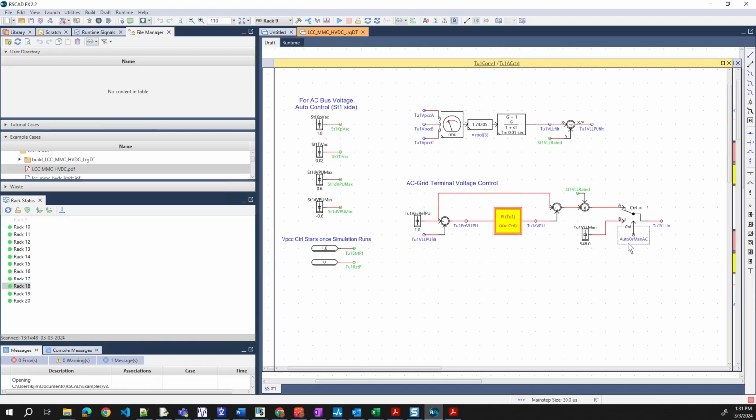And you have an auto or manual, that has some, auto. Okay, so when we do this, what does this AC voltage and voltage control do?